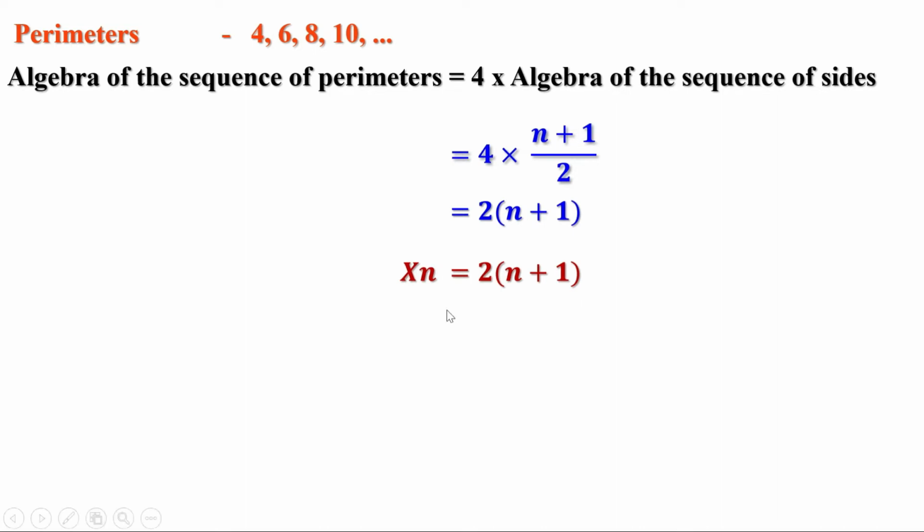So xn equal to 2(n plus 1) is the algebra of this sequence. Again we can check. When we put n equal to 1, x1 equal to 2 into (1 plus 1), or 2 into 2, that is 4. When n equal to 2, x2 equal to 2 into (2 plus 1), that is 2 into 3 or 6. When n equal to 3, we get x3 equal to 2 into (3 plus 1), that is 2 into 4